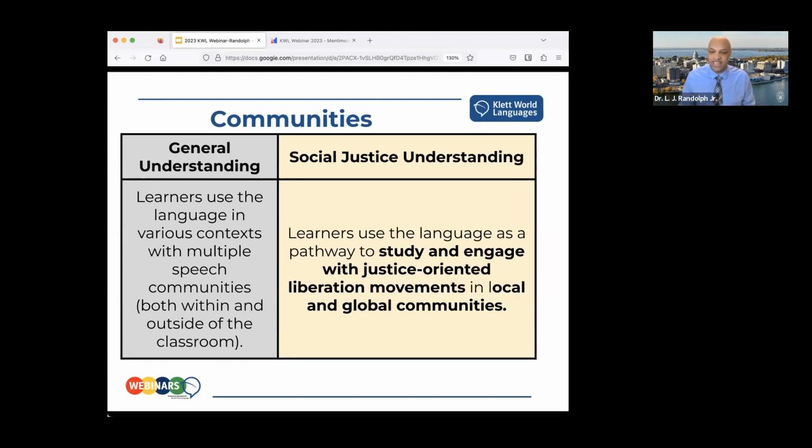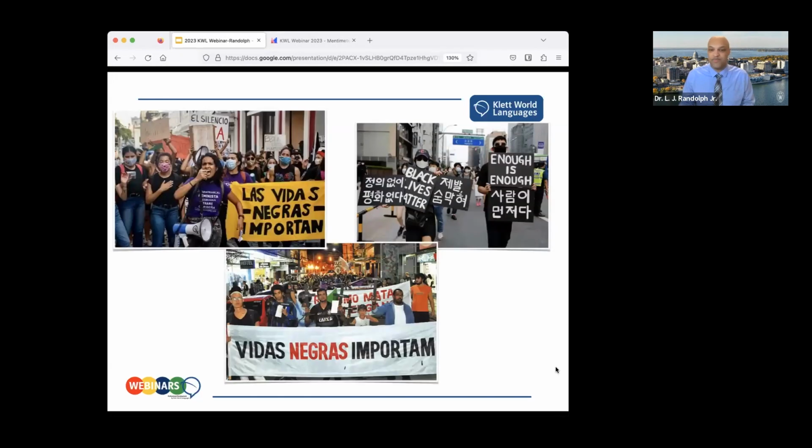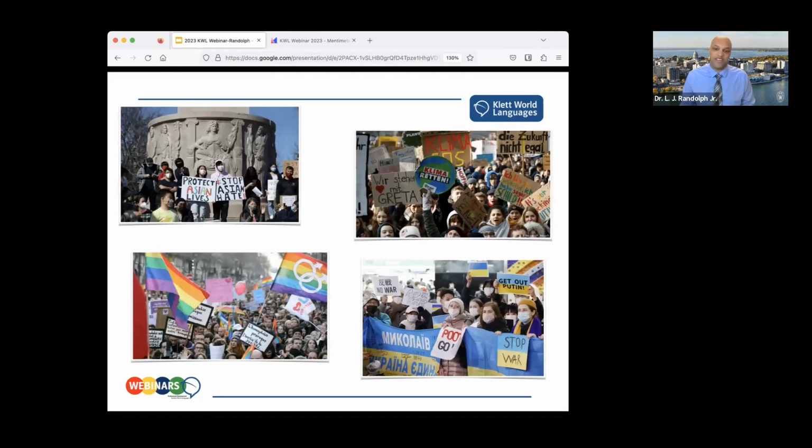Communities all over the world are engaged in these types of movements. This is Black Lives Matter as seen in Puerto Rico, Brazil, South Korea. And of course, it's not just limited to one movement. On this next slide, I have examples of protests in France. This is LGBTQ plus rights protests at the bottom there. At the top, that's Stop Asian Hate protests in the US in Chicago. In the upper right-hand corner, that's an environmental justice rally in Germany. In the lower right-hand corner, this might be something that you wouldn't even think of, but these are people in Japan protesting the war in Ukraine.